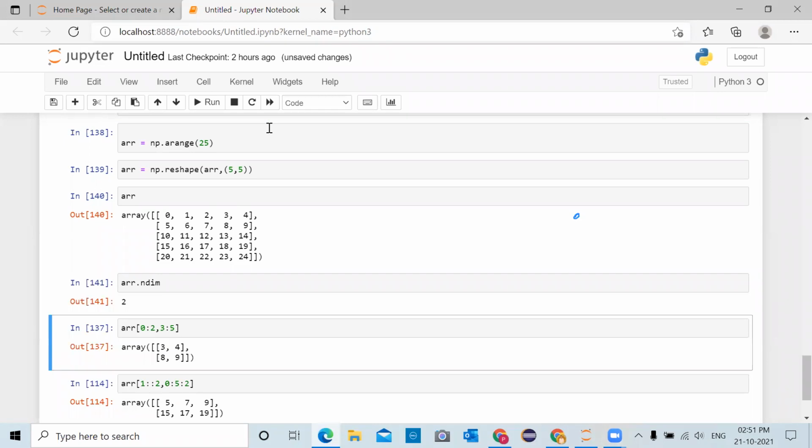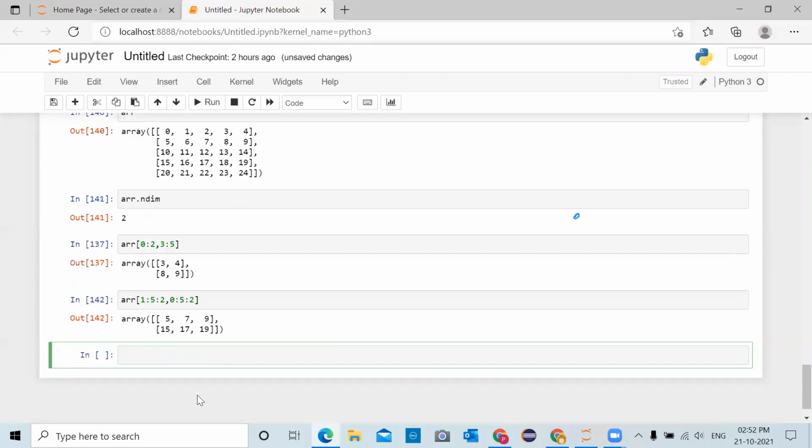You run from 1, colon, you have not given the end, so you can give 5 here with a stride of 2. 0 colon 5 with a stride of 2 and run the cell. You get the output as 5, 7, 9, 15, 17, 19.